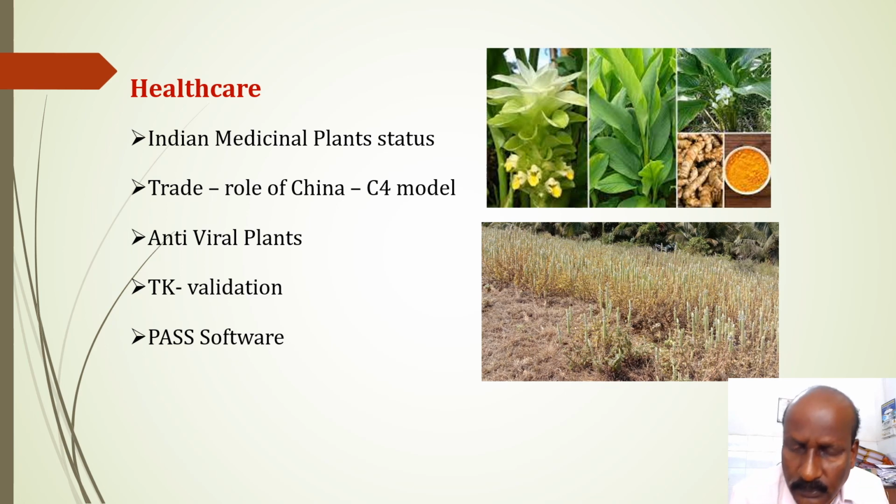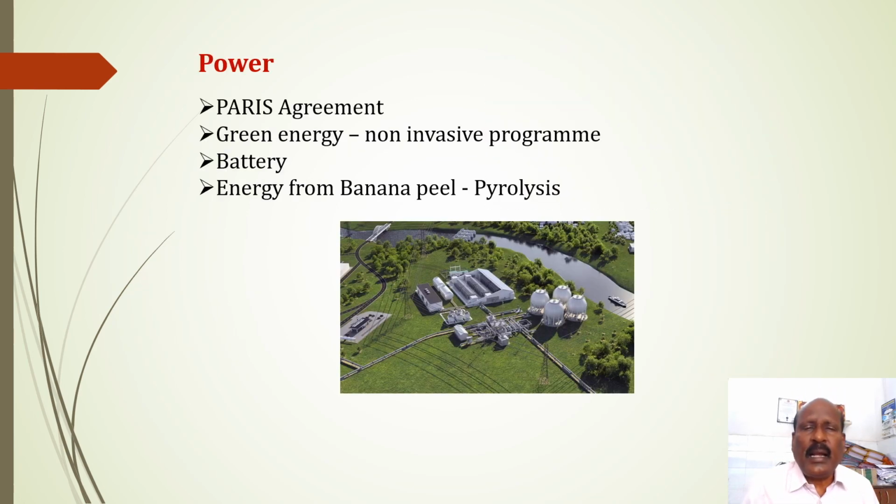And another important area for research, and also most useful for the development of the country in all sectors like agriculture, industry, healthcare, whatever it may be: power is most essential. Uninterrupted power supply is required for the consistent, or sustainable, development of any country. So, the Paris Agreement in 2015, as part of the Paris Agreement, moreover,